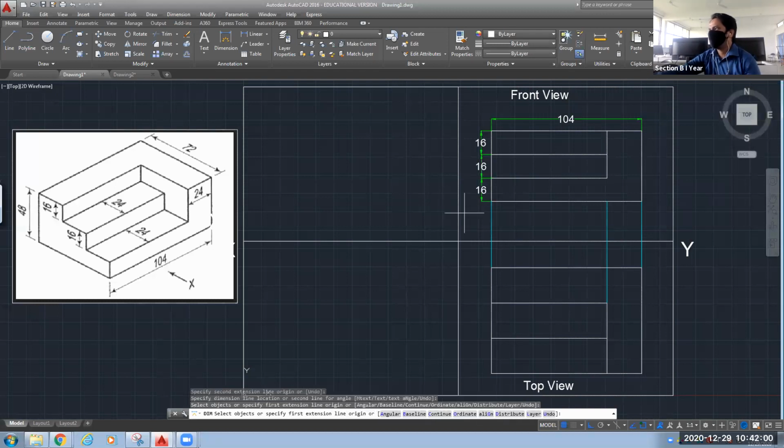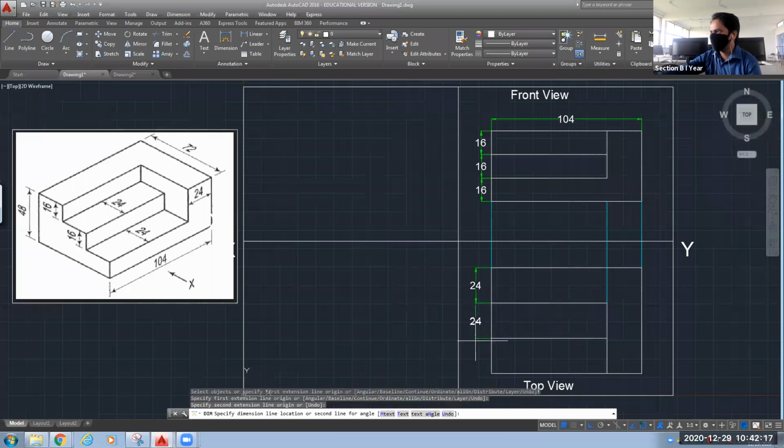Okay. Now on this side, what is the distance here? Either you can show it at this location or you can show it at this location. Okay. So first, so this is your 24. This is your 24. And this is your 24.